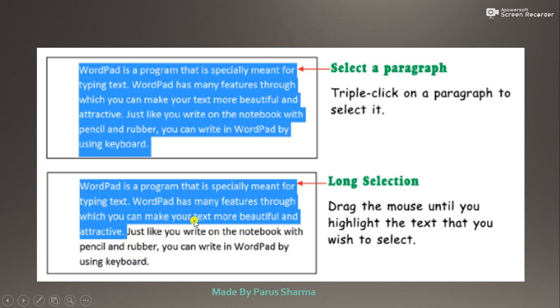And long selection means if you select a number of lines or paragraphs in your document, you have to place your cursor at the starting point, hold and drag it over the paragraphs and release the cursor. Then you will see that your selection is done with only that part which you want to select.